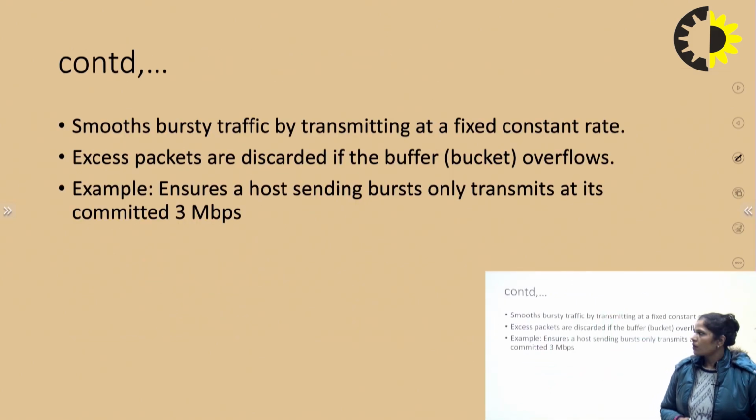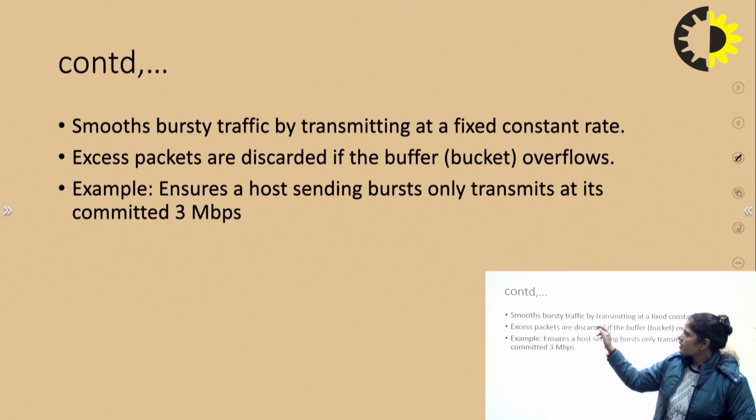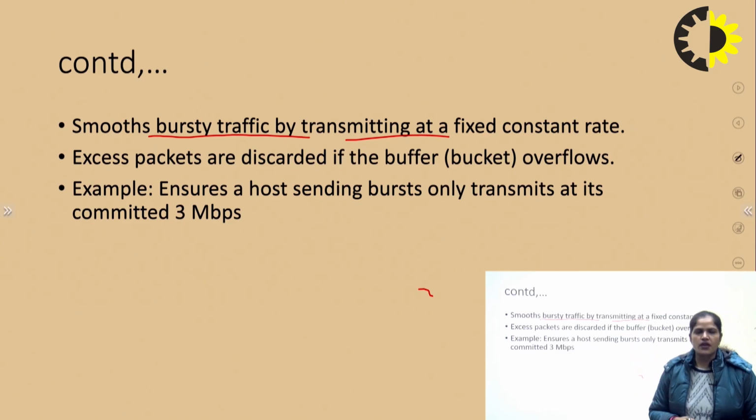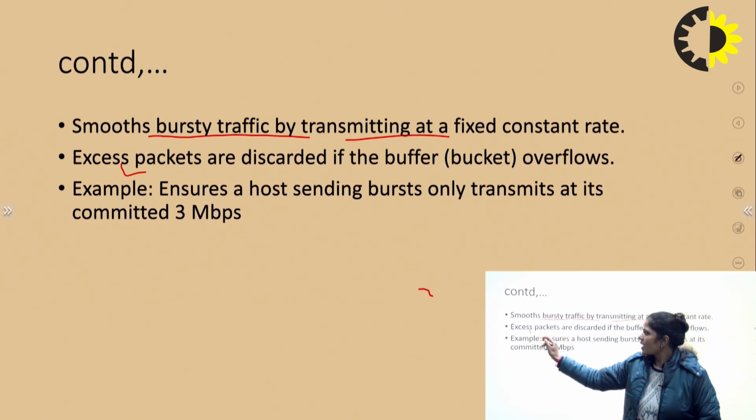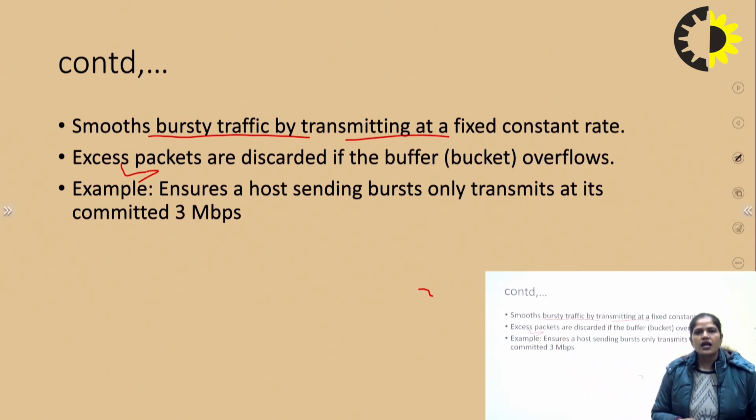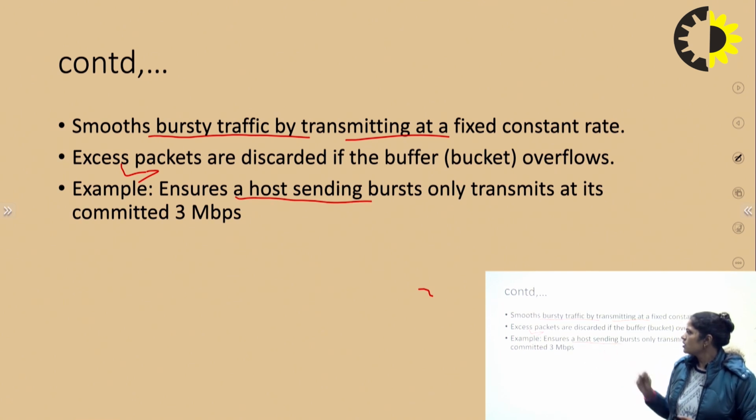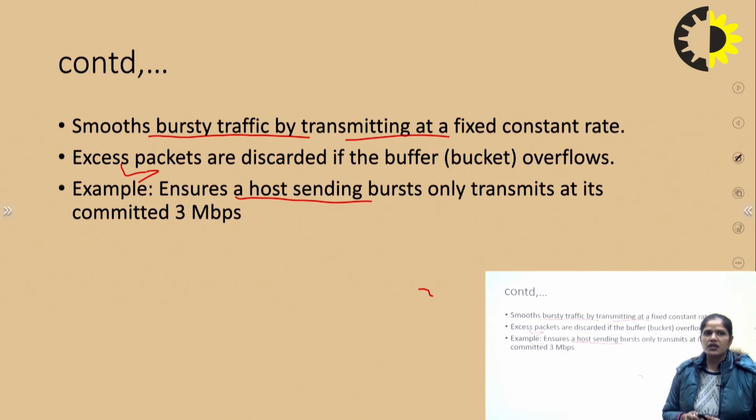So next we will talk about the advantage. It provides smooth bursty traffic transmitting at a fixed rate, or you can say a constant rate, right? Excess packets, that means extra packets, are discarded if the buffer, or you can say the queue, overflows, right? And how can we understand? Example, it ensures a host sending bursts only transmits at its committed 3 Mbps, because here